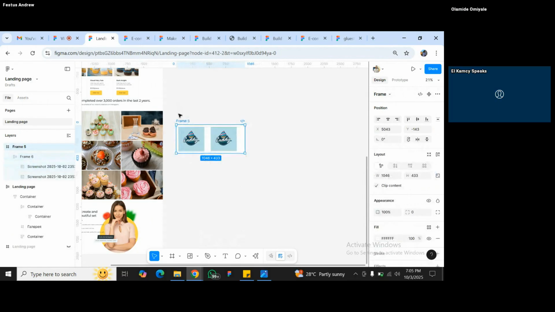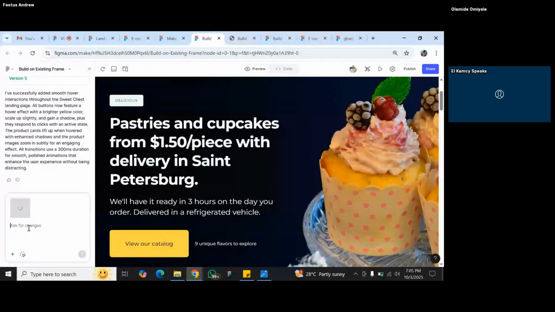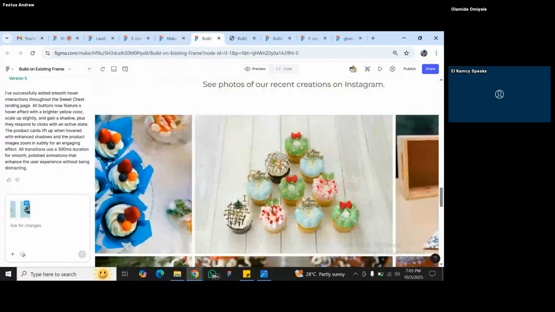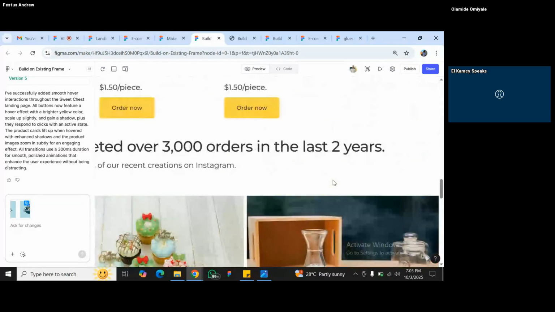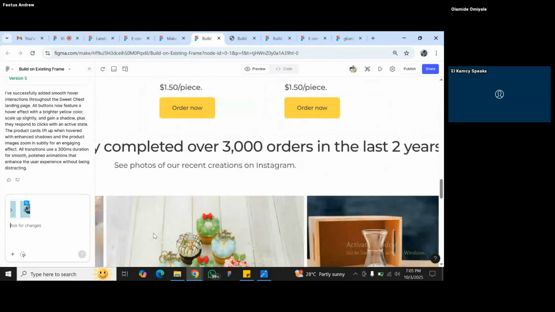So now that I have these images, I can copy this frame, come to Figma Make, and paste the frame. Then I can prompt it to say I want these images to go to this particular section. Let's say we want to add images to our completed orders here, where we successfully completed. So now add these images to the